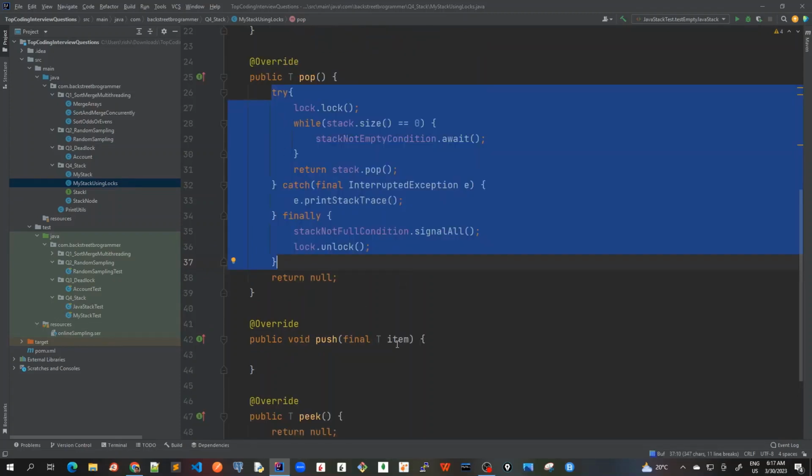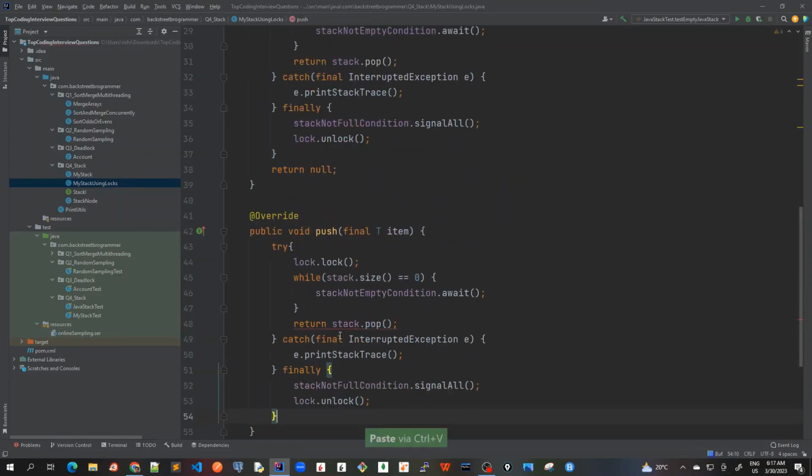To save some time, I'll just copy this and I will make the changes. So we are not going to return it because we're pushing this element now. So first of all, I will check that while pushing, we have to ensure that the stack size is already not at the capacity level. So it means that it should not be at capacity. If it has capacity, it means that our full condition